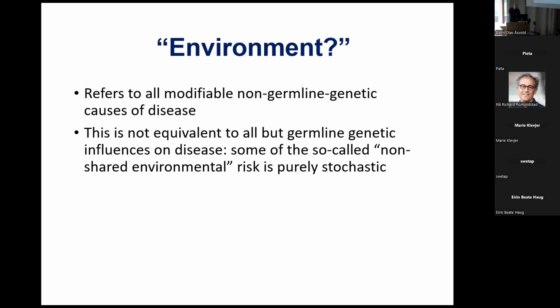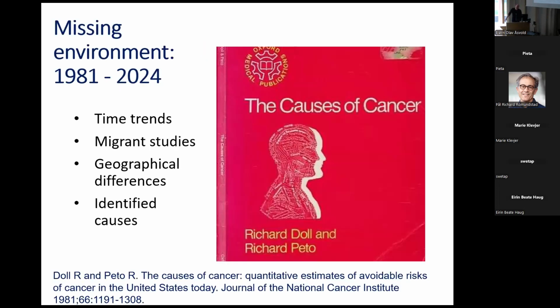So I still think the best approach to this problem, put formally, was by Richard Doll and Richard Peto in 1981, when they were charged by the US Congress to produce a report about the causes of cancer in the US. Others had done similar work, but they really put it together in a beautiful way. They pointed out that we could know the in-principle environmental contributors to disease